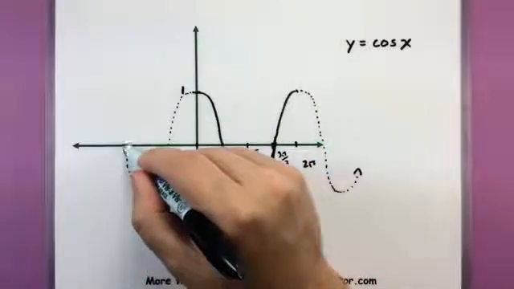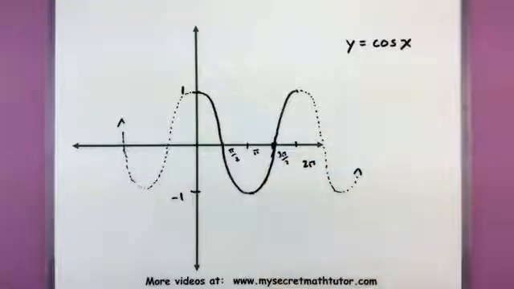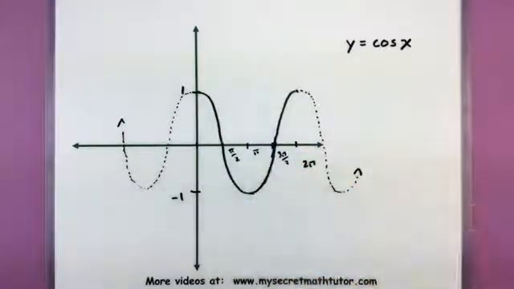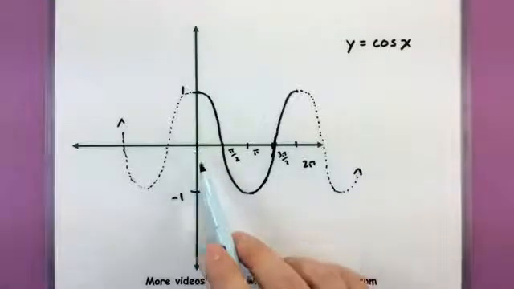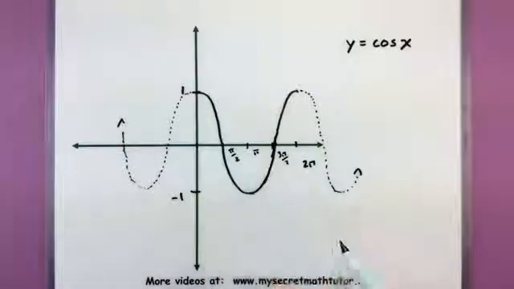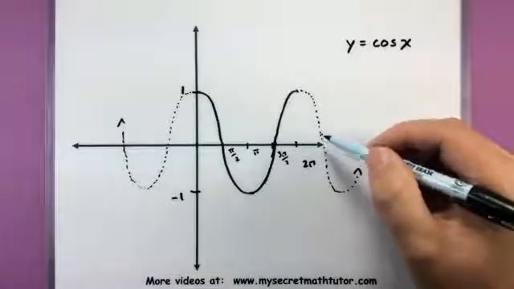And this is what I mean by it looks exactly like sine, it's just been shifted over. You can still see that wavy motion, that S shape of sine, but it has been moved over. So some key values that of course we get for here is we have that it crosses through the x-axis at pi over 2 and 3 pi over 2. And the next one out here, you can imagine going